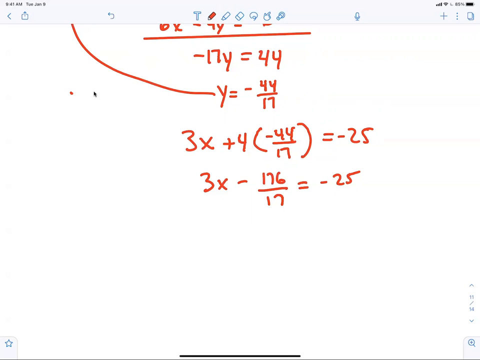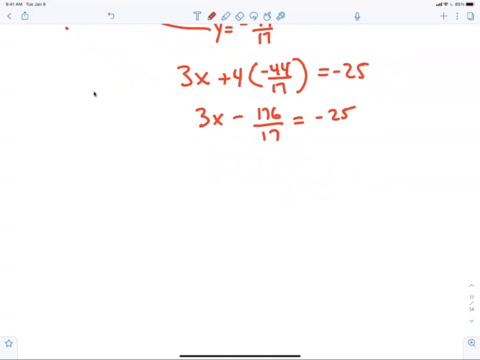Thank you. Would it be wrong if you put like -4.8? Yes, it would be. All right, I want an exact answer. That's why we don't use decimals. All right. So now you're going to add 176 over 17. So 3x is equal to,